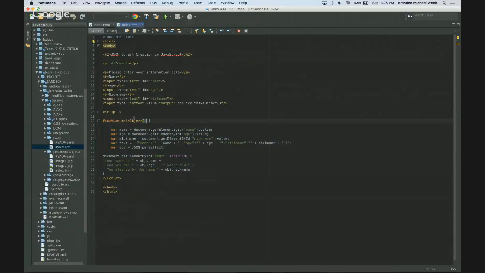So then it runs everything inside of this function called makeObject. It starts with a variable, then it calls it name, and it gets all these different things. So it goes into the document and gets the name, gets the age, and gets the nickname. So then it puts these into variables. Now, the next thing you do is you have this text. What I've done is I've taken this text and made it into kind of a JavaScript or a JSON